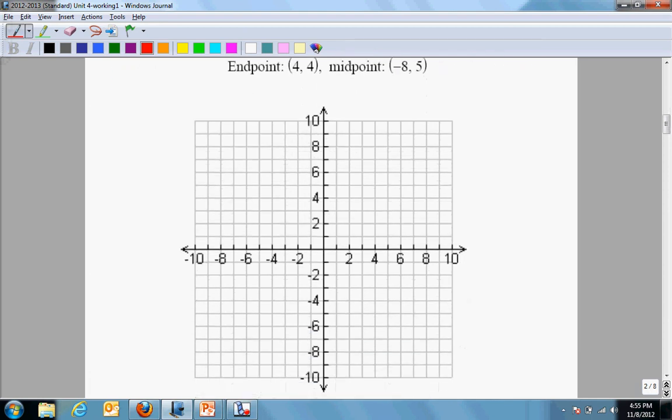So we're given the end point 4, 4, and a midpoint of negative 8, positive 5. That's our midpoint, which means